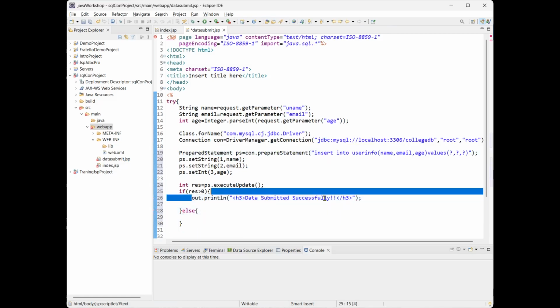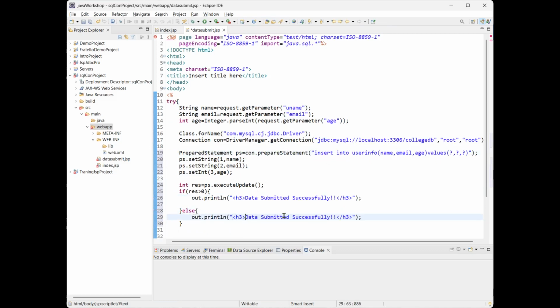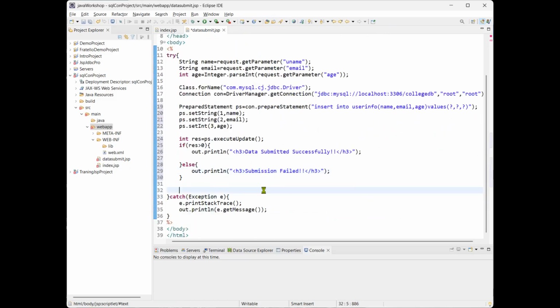So, the same System.out.println. Let me write it as "submission failed." So this is how you need to start: load the JDBC driver, then you need